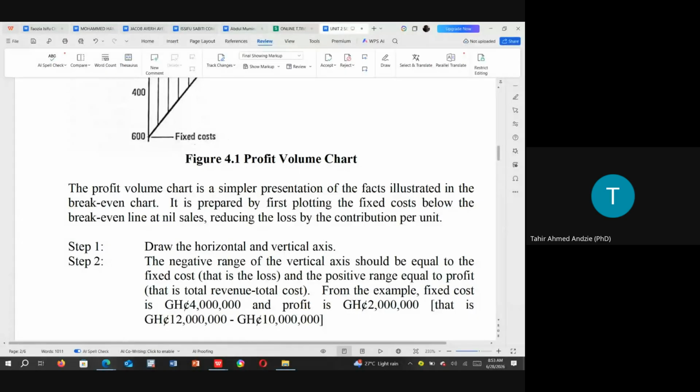Now, the profit volume chart is a simpler presentation of the facts illustrated in the profit break-even chart. It is prepared by first plotting the fixed cost below the break-even line at nil sales. So it means that the loss is plotted at the y-axis, because at the origin 0, profit is 0, right? At the origin 0, profit is 0, and therefore